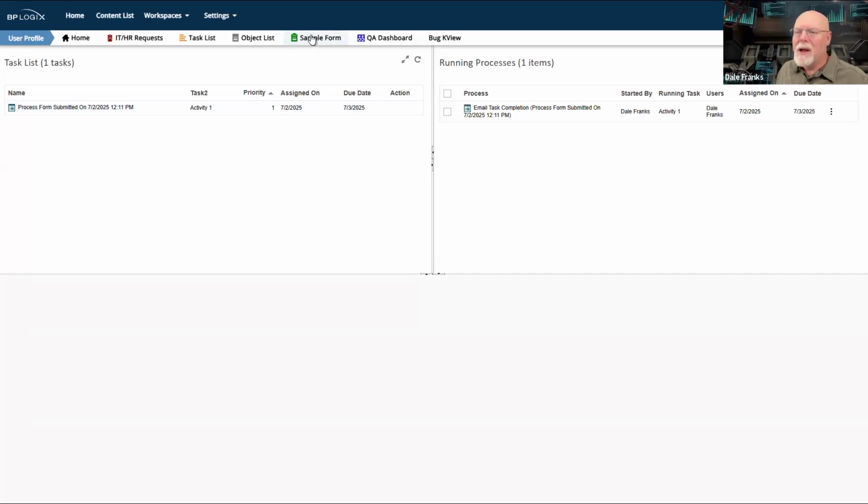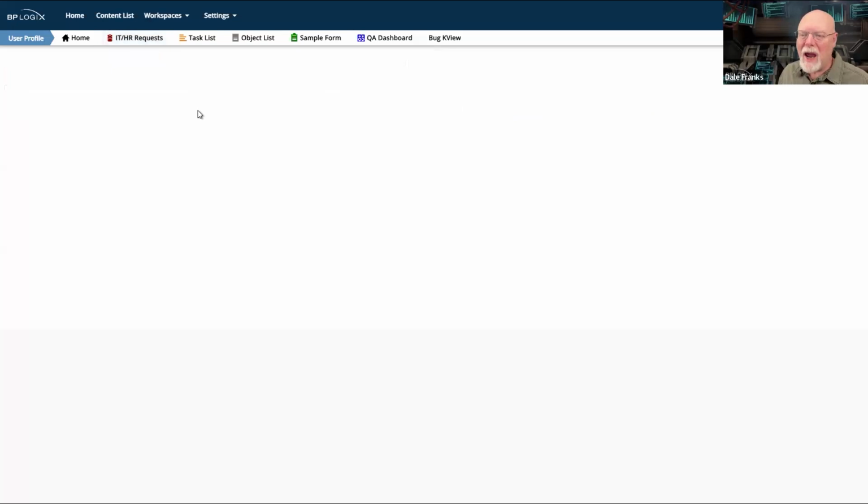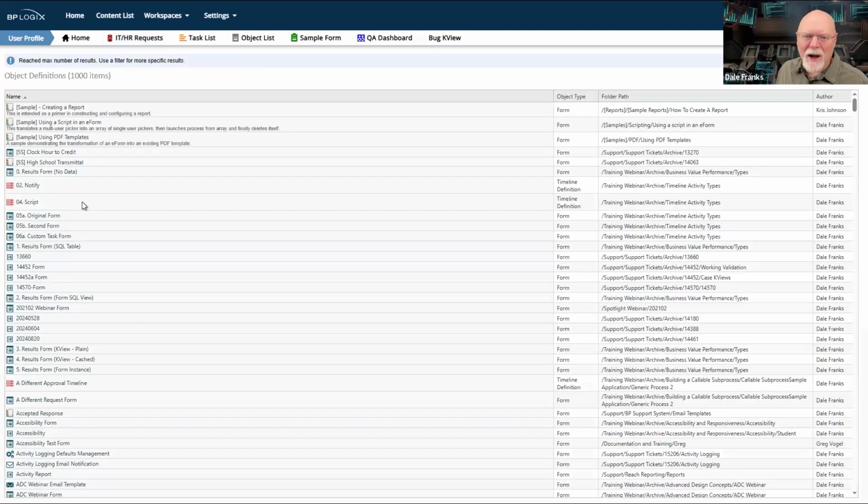So for example, I have the ability to open my task list or to open the IT HR requests. I don't think there are any, but I can open those up, or I can open my task list. I apparently have a task in the system. I don't know what object list is. I assume this is some list of objects that I can open and run.